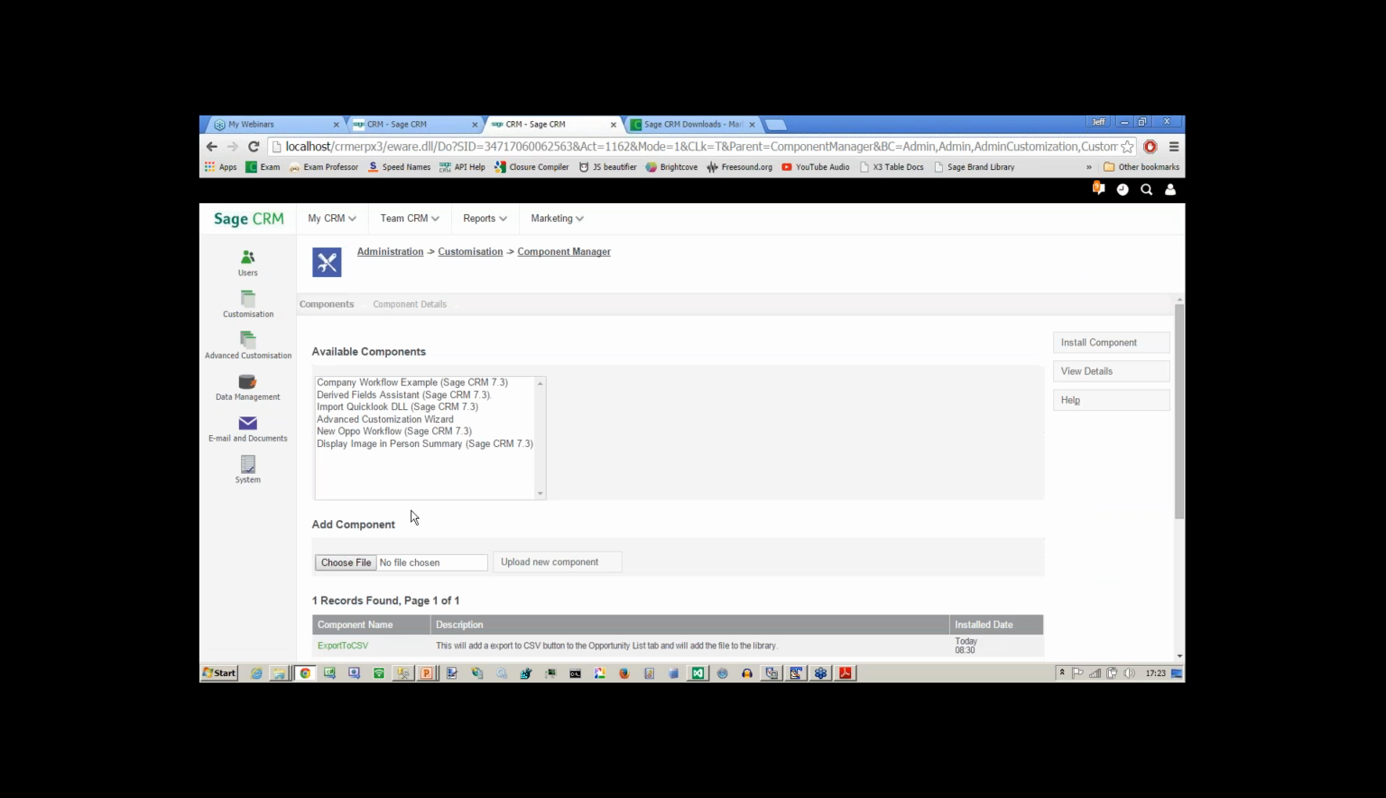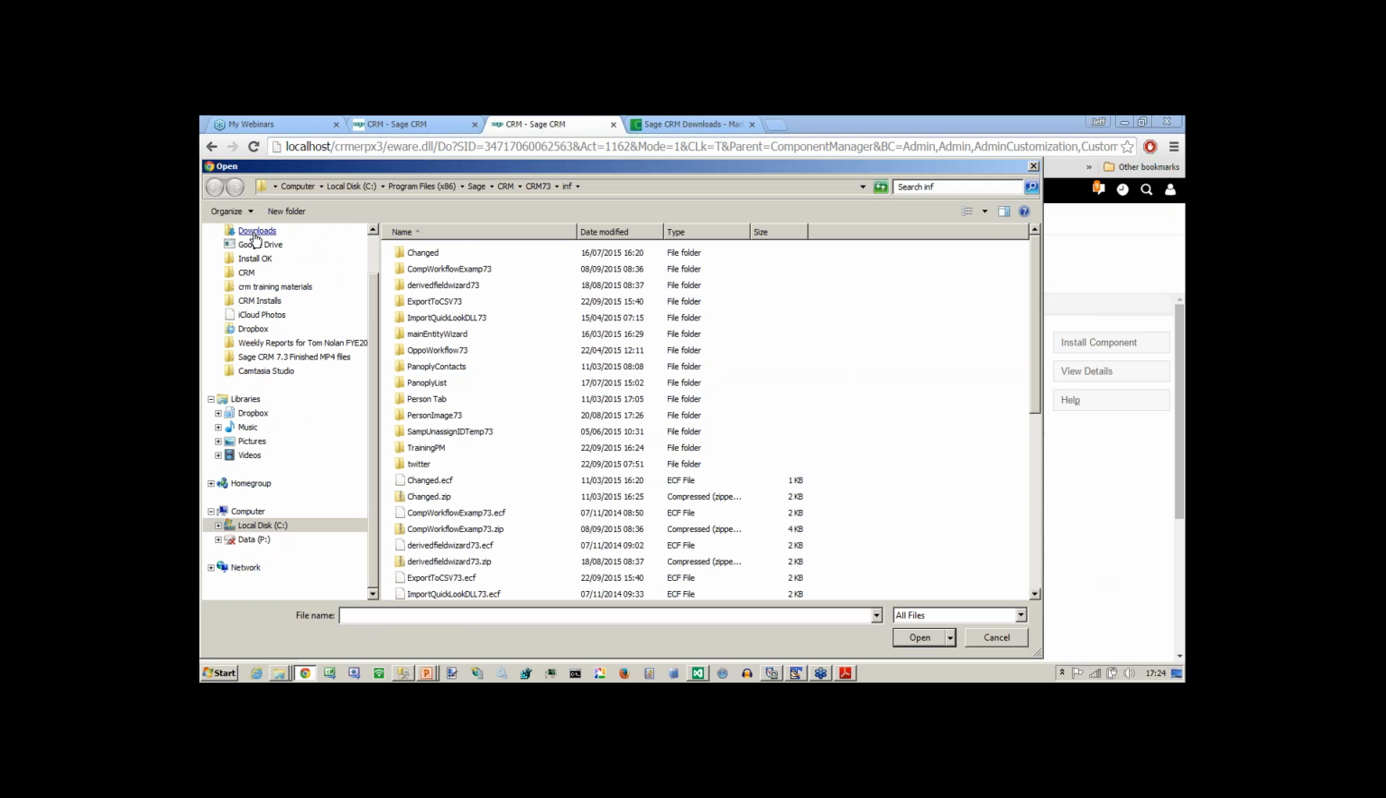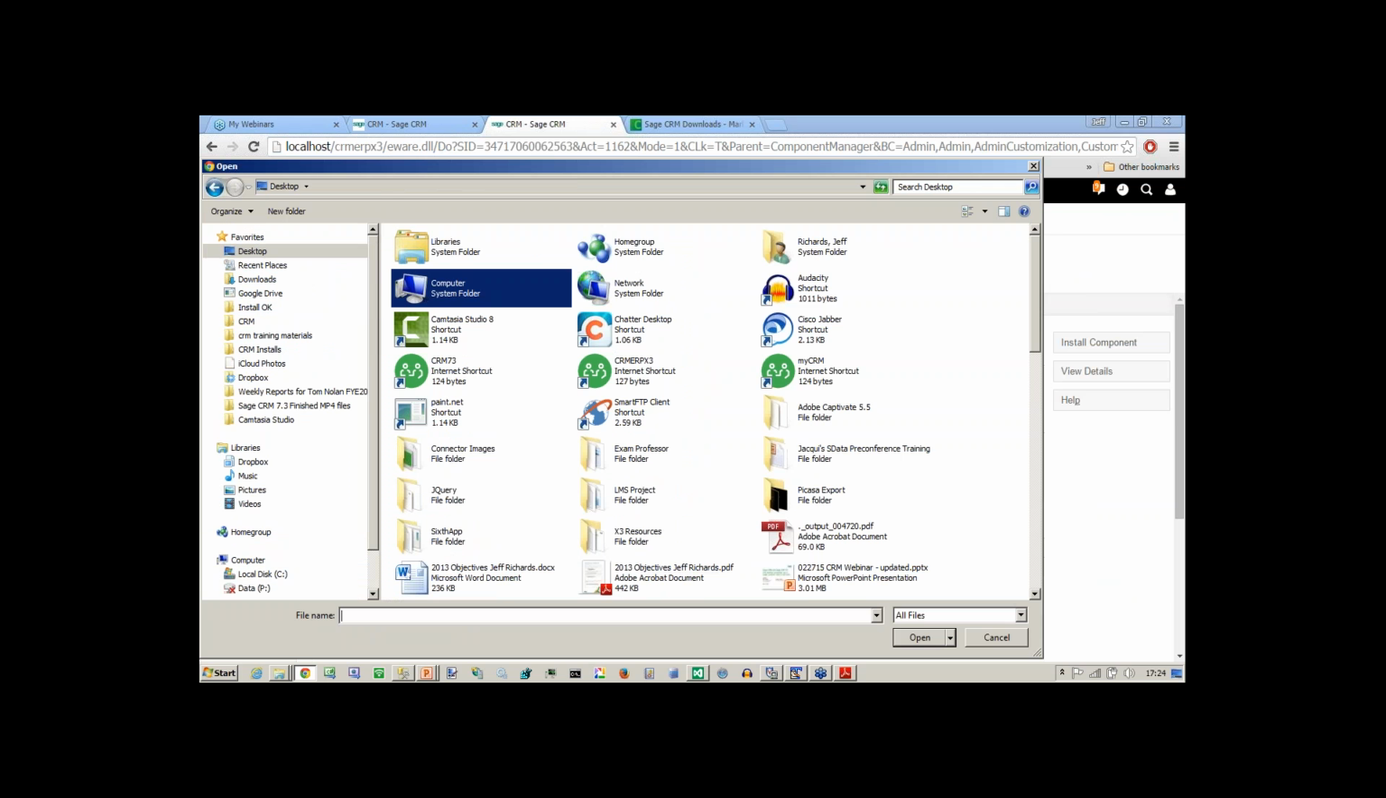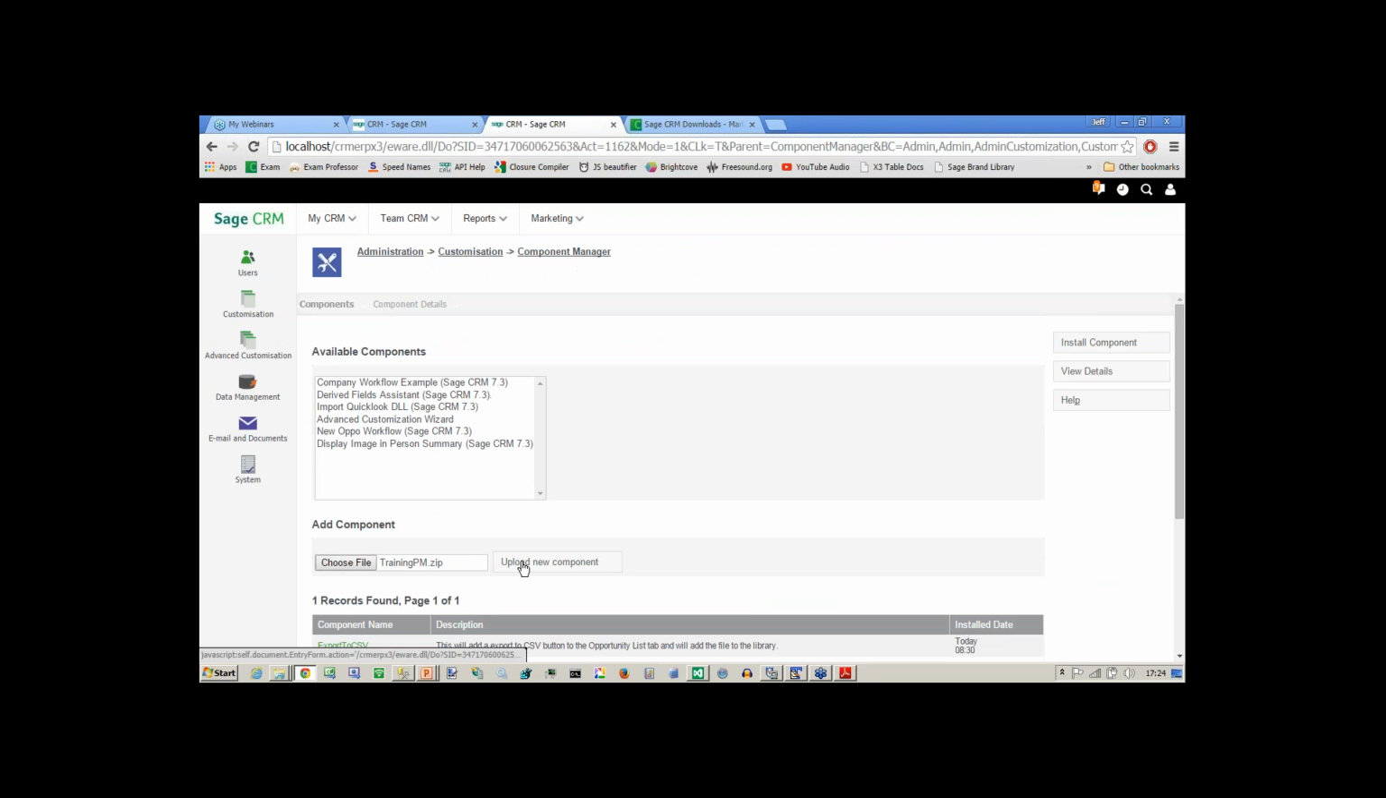Now I don't have my component in here. I can go and choose up on my desktop the training pm.zip, and I can upload that. And so you can see that we now actually have the add export to CSV training example. And if we install the component,